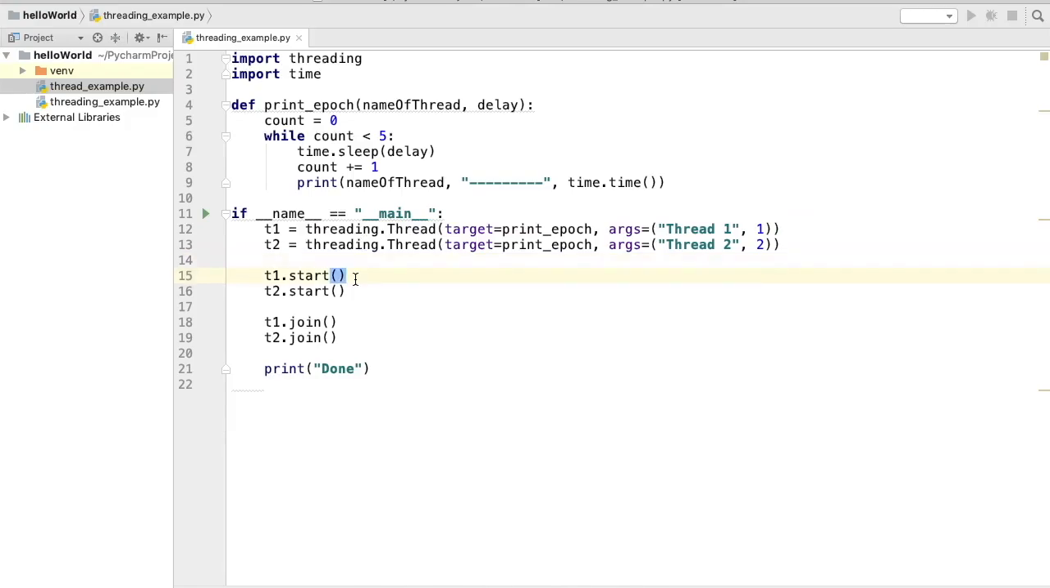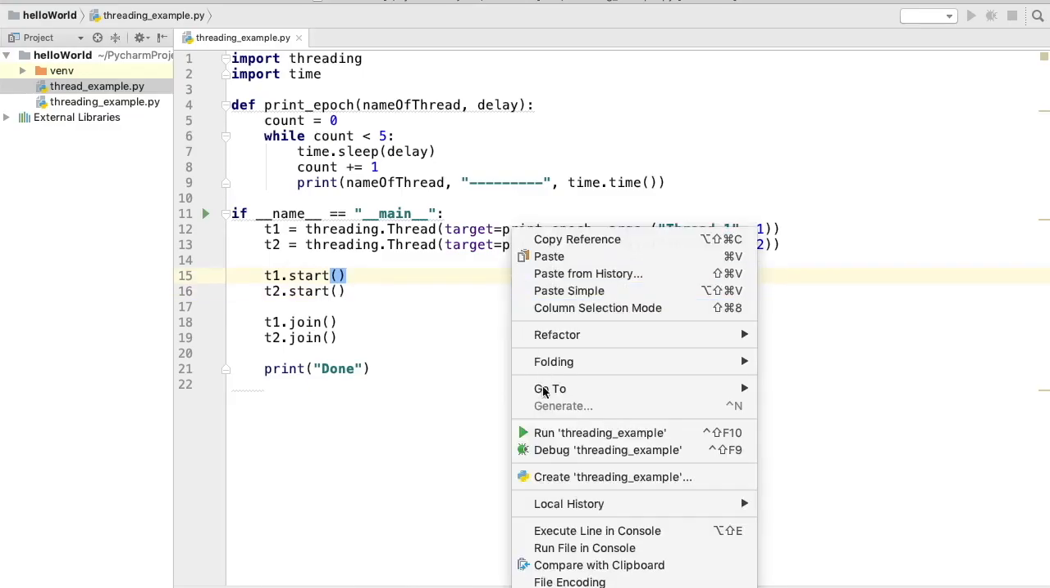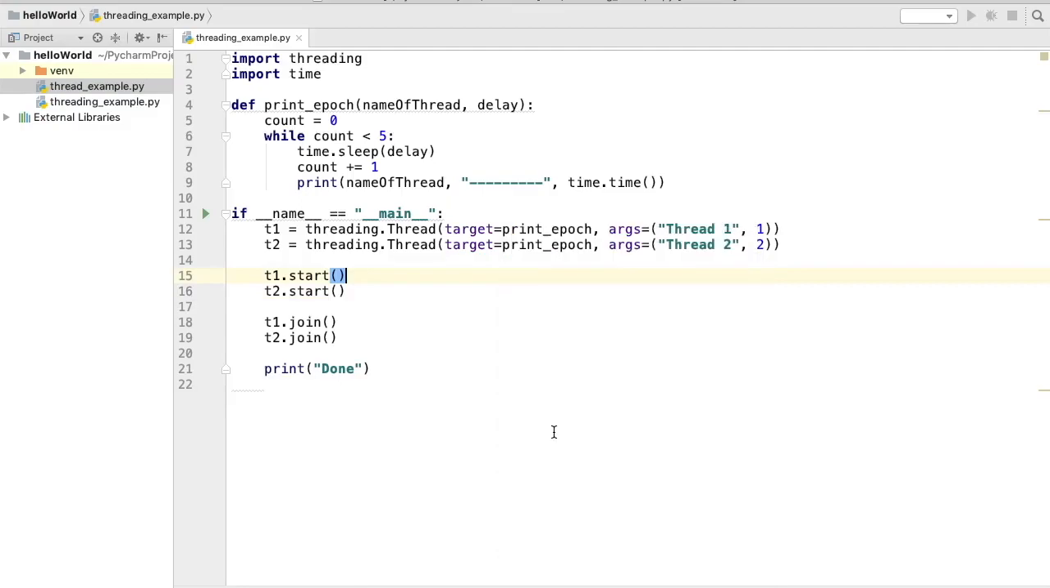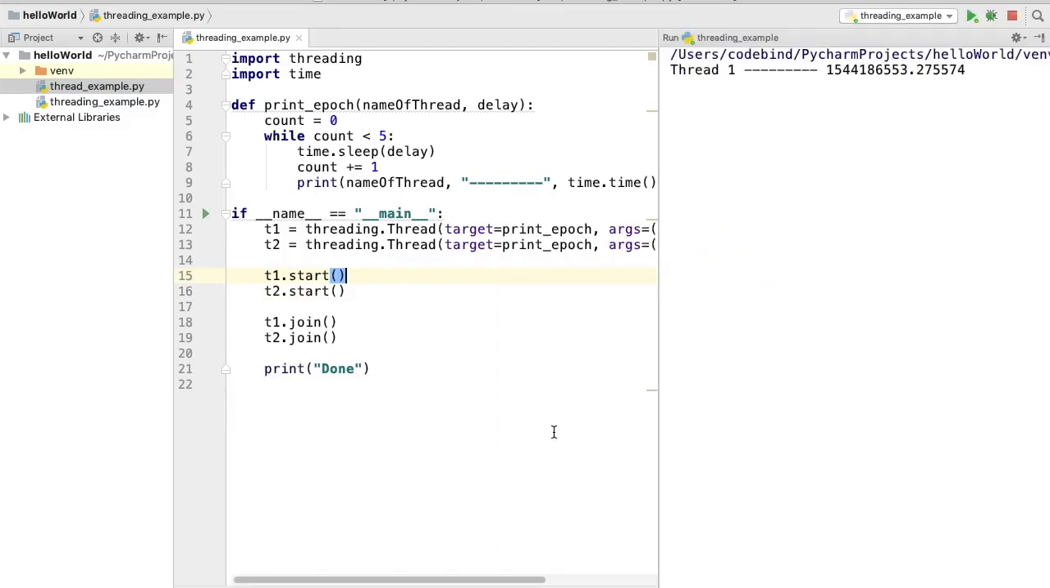Now the start method on these instances is going to start the thread for T1 and T2, and the join method we have used to wait until thread 1 and thread 2 have completed their execution. So let's run this script and see what happens. I'm going to right click and then run the threading example Python script, and you can see straight away